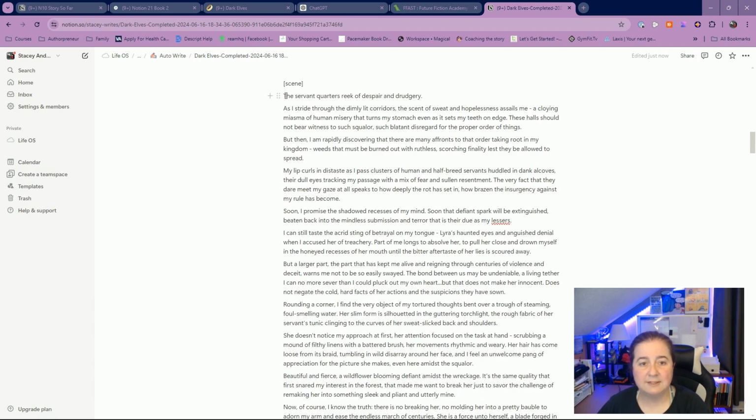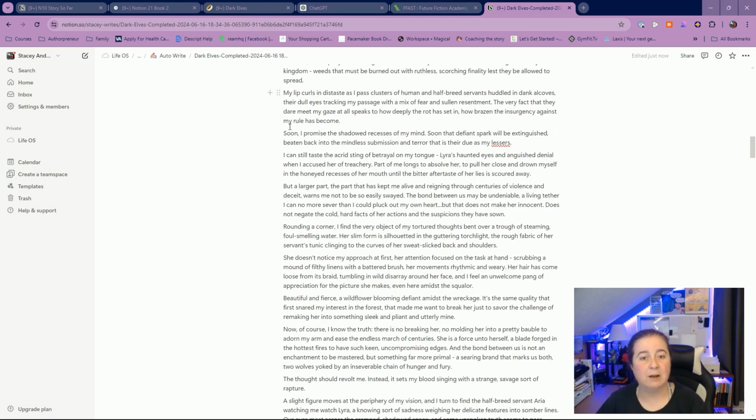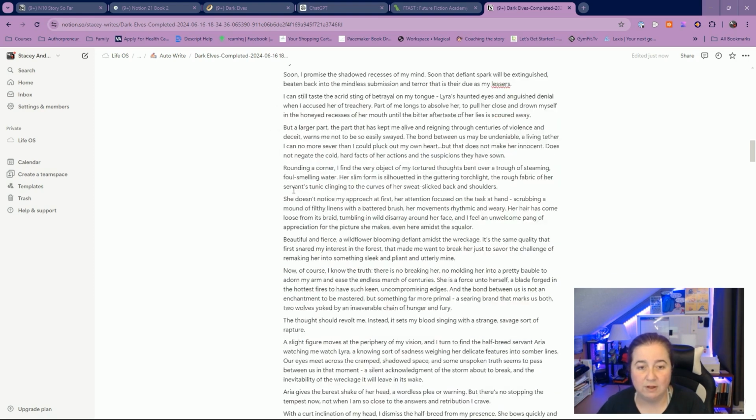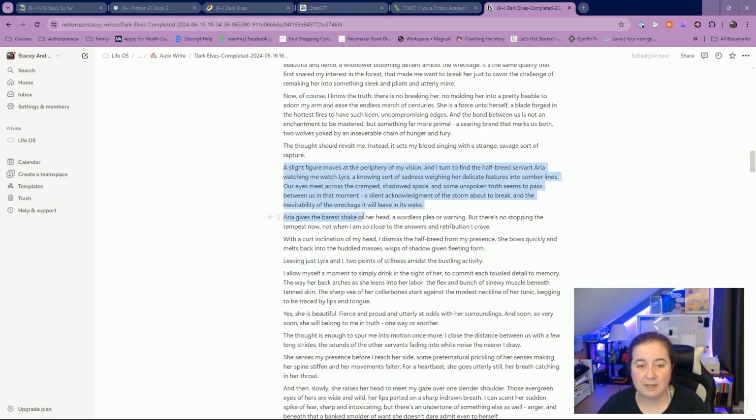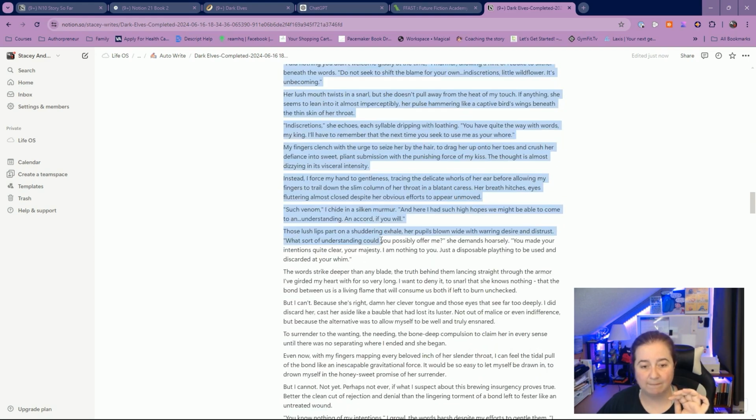And again, like I said, it didn't start with him bursting into the room that Lyra was in. It has him walking up to the room, so that's not as fluid as I'd like between the chapters. I wanted one to pick up right where the other one left off. So rounding corner, so it's right here. I'd have to add a little bit in the beginning, just I burst in, and then a slight figure moves in the periphery of my vision.